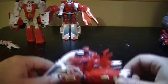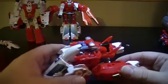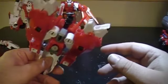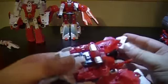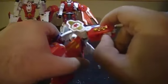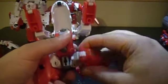Alright, next up is the bike. Well, this is sort of a futuristic flying hover bike, I guess. It's okay. It's not my favorite, but the robot mode does look cool. So if you want, you can remove the pistol. And for transformation, you can flip the arms open, open the fist, flip the arm, open the fist, and then